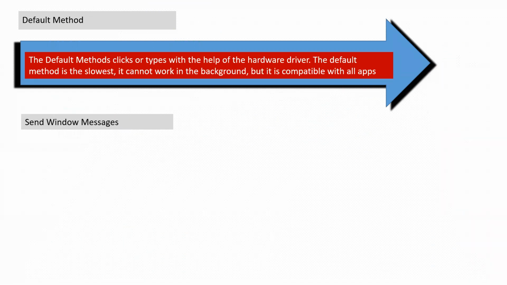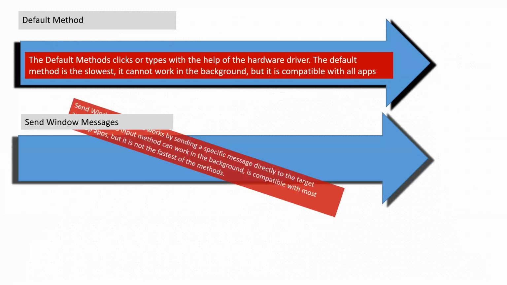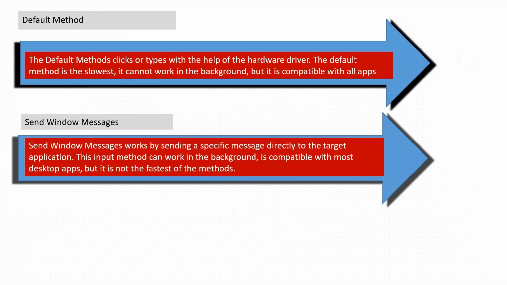Coming to send window messages. Send window messages works by sending a specific message directly to the target application. This input method can work in the background as well, and it is compatible with most desktop apps, but it is not the fastest of the methods.